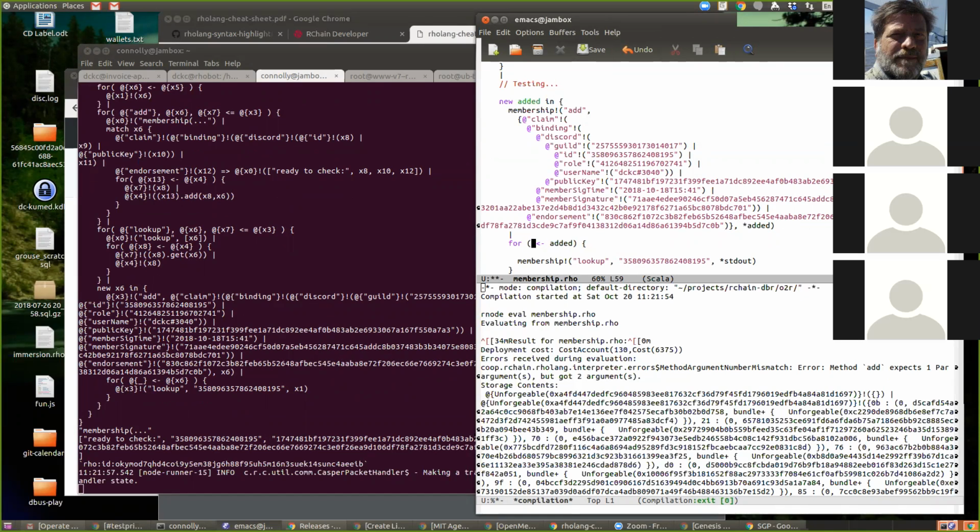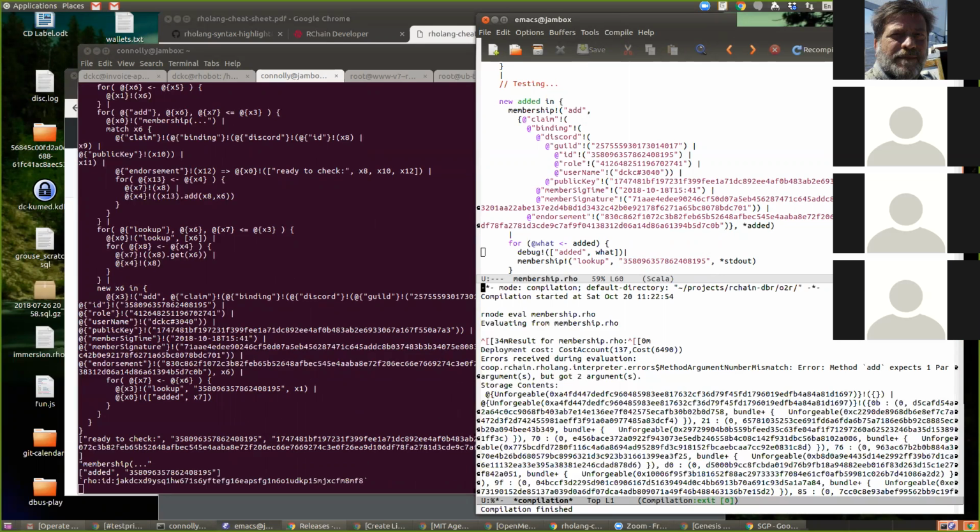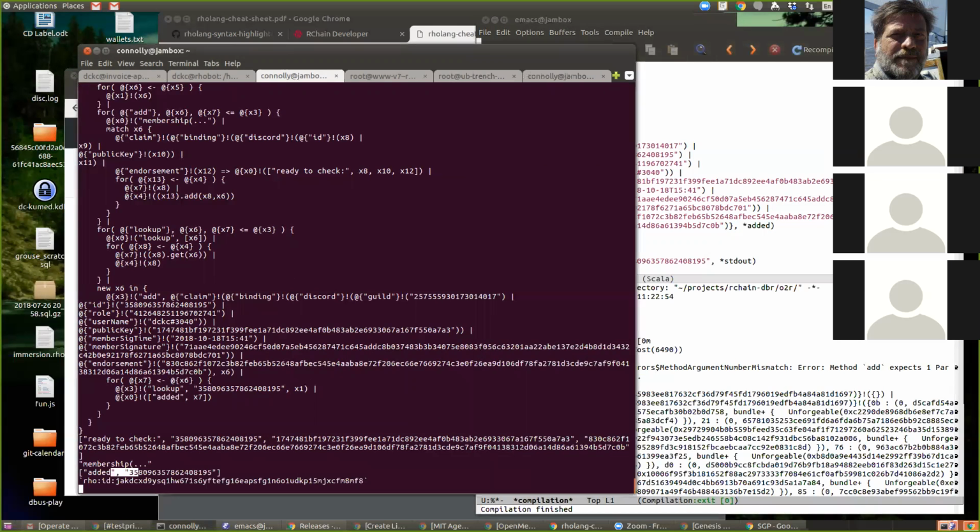Yeah. You can't just put standard out there. I could, but it's a debug thing, isn't it? Debug helps me remember to go get rid of them, you know? Right. Okay, so added that.